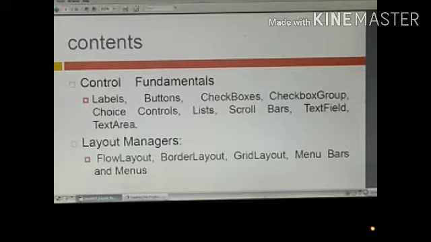So we will be using this AWT and we are creating GUI programs of two types. One is AWT based applet and another one is Swing, which is always known as the lightweight one. We'll see about Swing later. We'll see about these AWT controls in this chapter. So we'll go one by one.